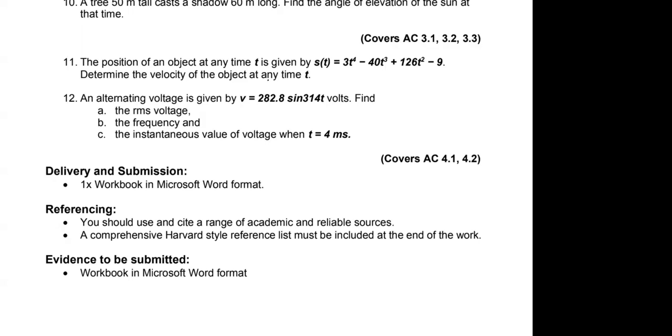So look at this one now. The position of an object at any time t is given by this. Determine the velocity of the object at any point in time. So velocity is the change in distance per time. The change in distance is going to be what? That's going to give you